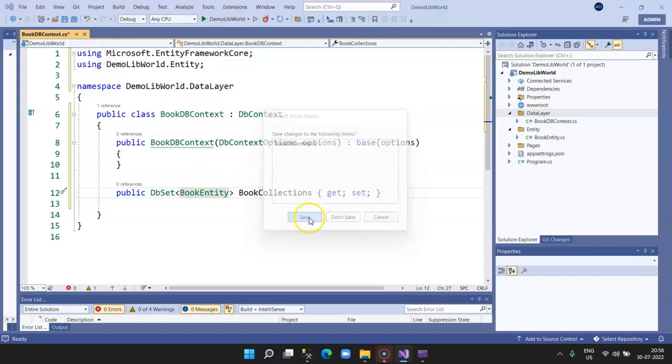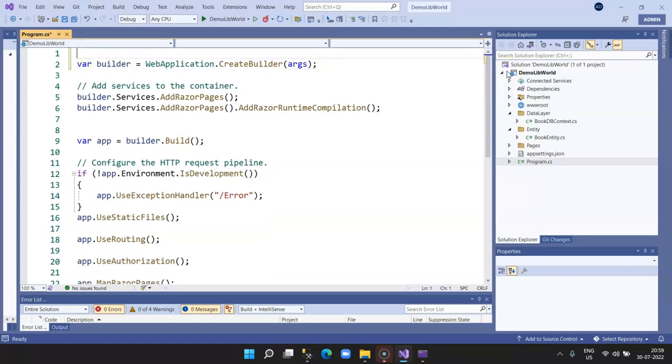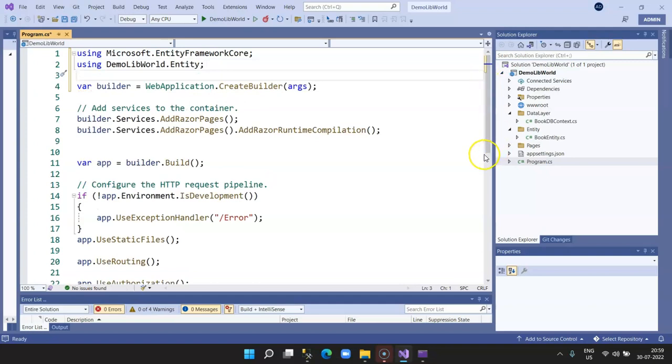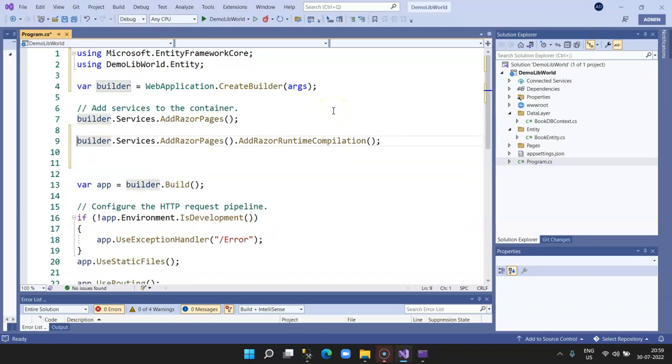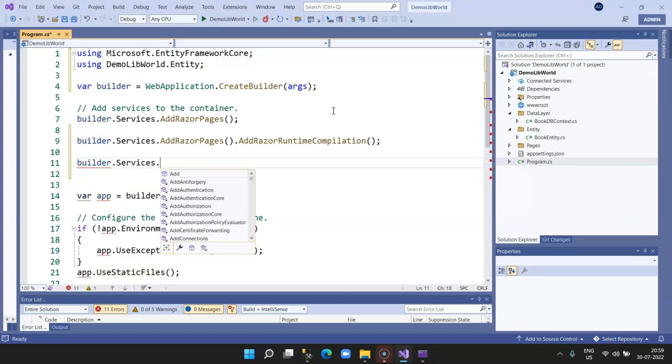So let's do the final action. Let's go to our Program.cs file and add a dependency injection over here. So we are going to use Microsoft.EntityFrameworkCore, and then DemoLibWorld.EntityClass. This reference is required. Now we go just after the Razor compilation support which we added, click on builder, enter builder.Services.AddDbContext,